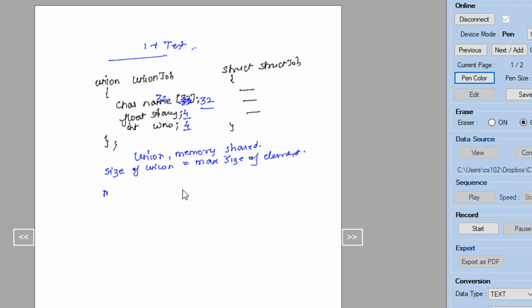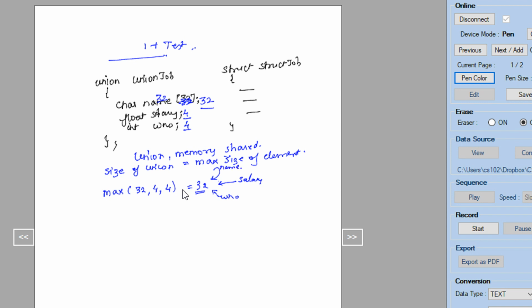So it will be max of 32, 4 and 4. So what is the max? It is 32. So the union will basically use 32 bytes for storing everything. In the same 32 bytes, it will store the name. In the same 32 bytes, it will store the salary. In the same 32 bytes, it will store the worker number. An obvious doubt will be, in that case, we can use only one record at a time. I will explain what I mean by that.